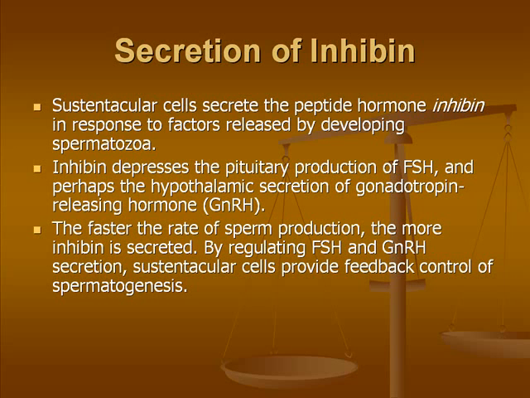Again, there's a feedback mechanism, a negative feedback mechanism, where the end product will secrete a substance that will go back and shut off the mechanism by which the process is stimulated. So we see the faster the rate of sperm production, the more inhibin that's produced. This will, in essence, slow down sperm production because the inhibin then goes back in a feedback mechanism and depresses